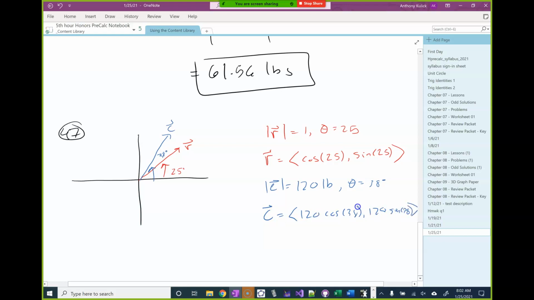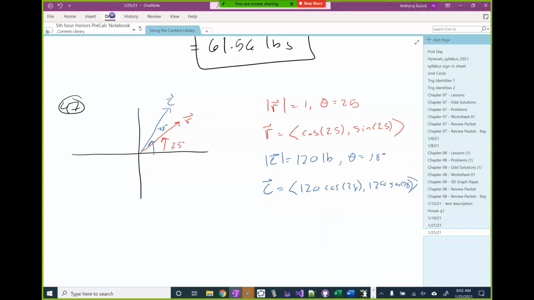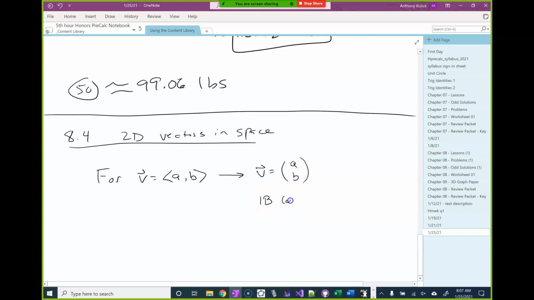Notation. I'll explain why here. Let's say we have this vector in component form. This is equivalent to the vector written as a column. The notes that I gave you call this ij component form. When I learned this, we just called this a column vector, since it's written as a column as opposed to a row. And the reason we're going to change the notation here is because we're also going to be dealing with points,